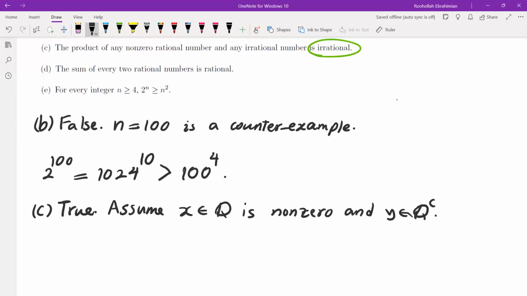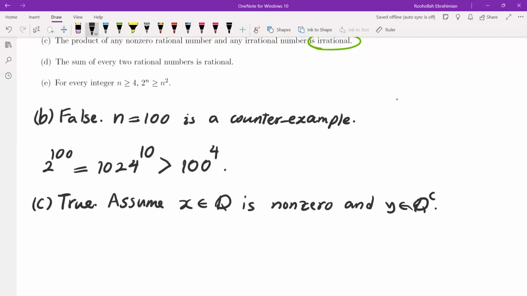In order to prove it's irrational, we have to prove it is not rational. In order to prove something is not rational, we will use proof by contradiction. So you can either say we will use proof by contradiction or specify that on the contrary, what assumption we make. So on the contrary,